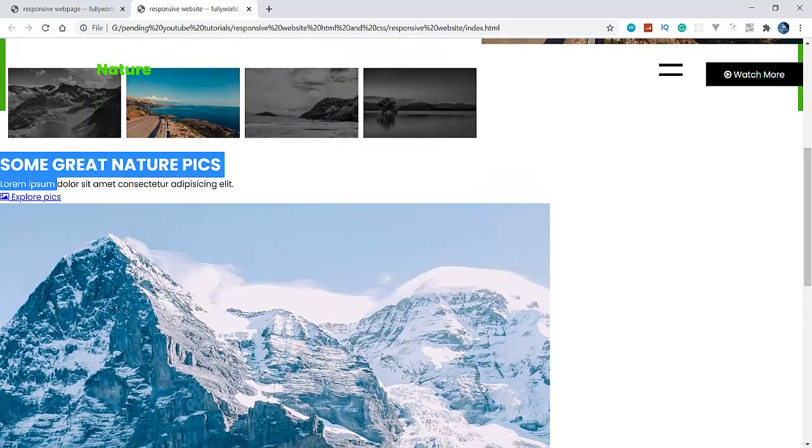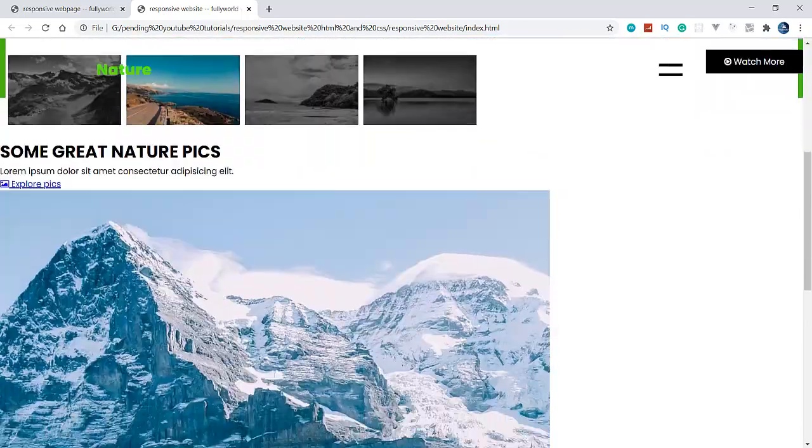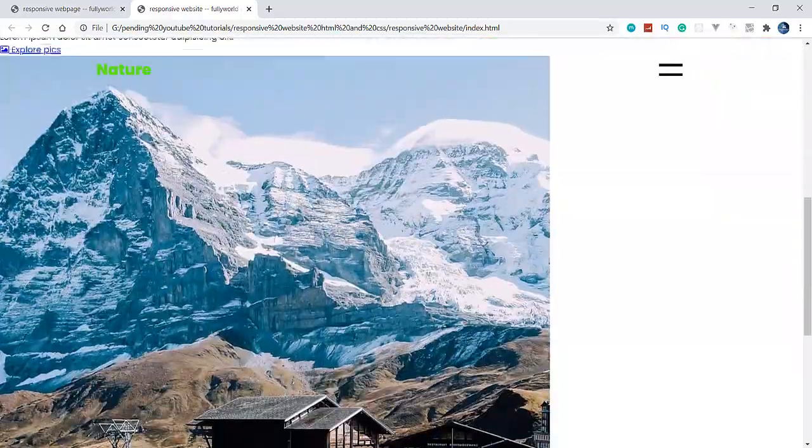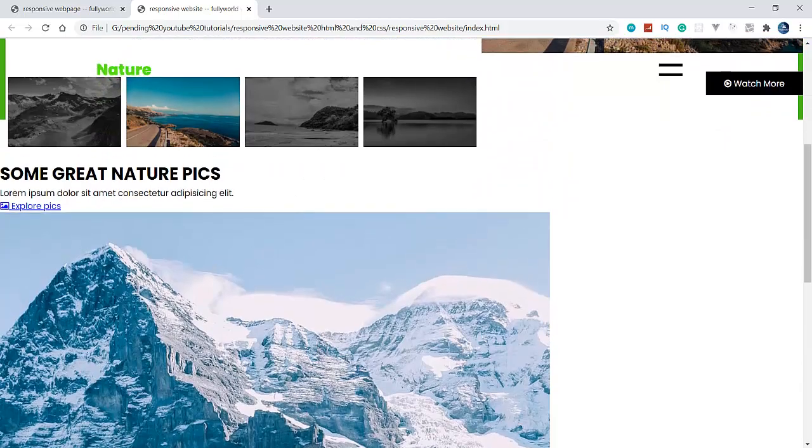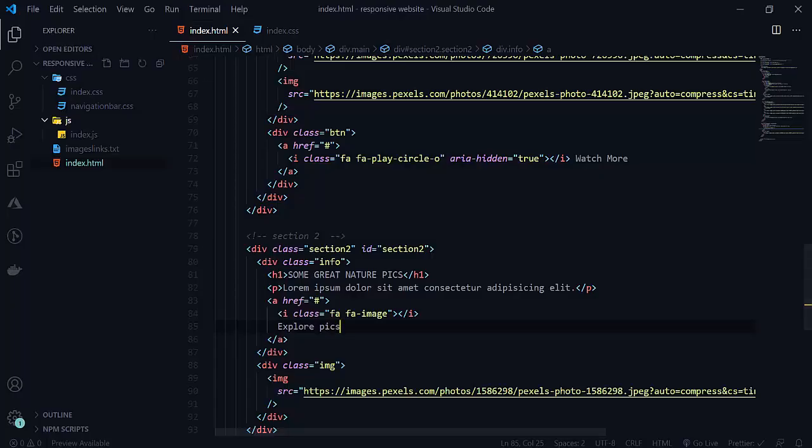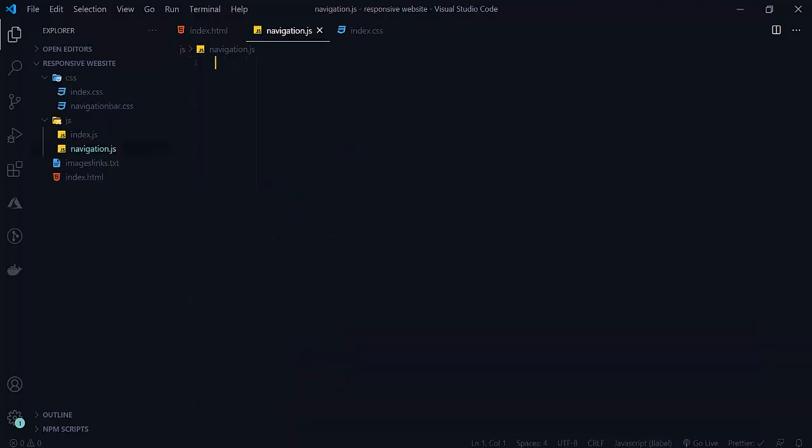We are getting this, but see that our navigation bar is not looking good. So first of all, let's set up our navigation bar. For that we will go to our JS, and because we are going to apply the navigation bar in many files, we will create a separate JavaScript file, that is navigation.js. Here we will not use window.onload, because we just want window.onscroll. So when we scroll, the navigation bar will change.